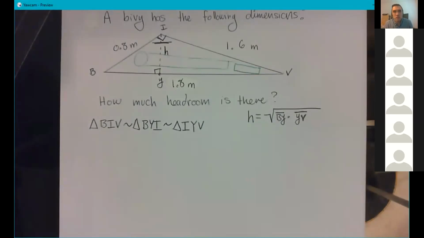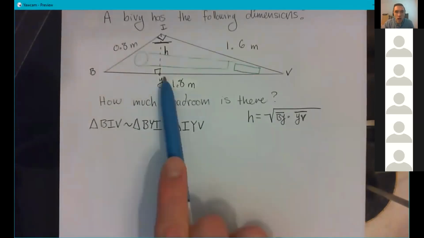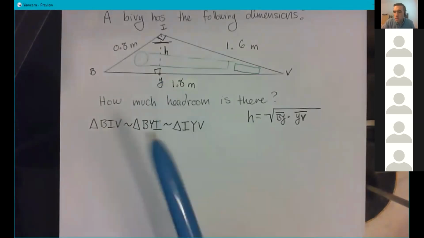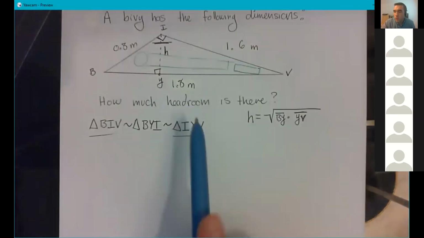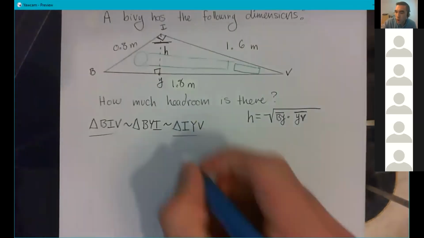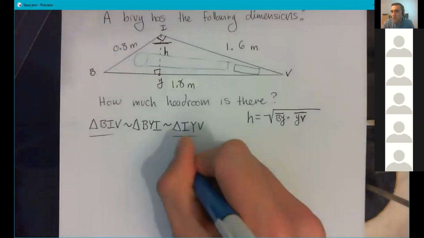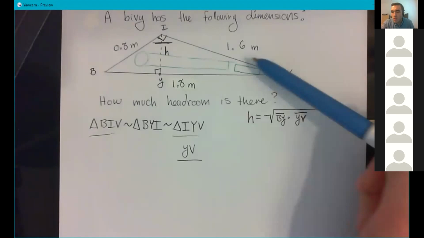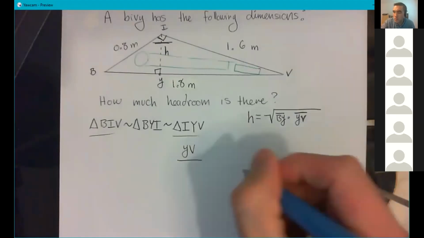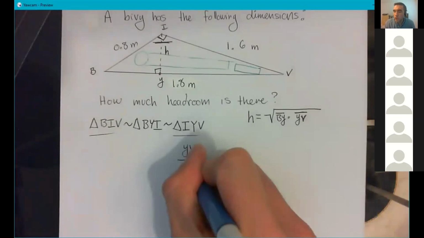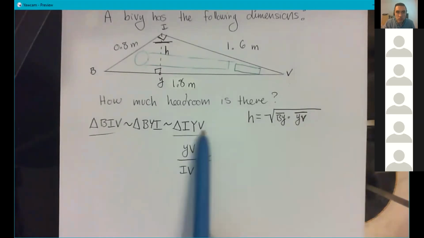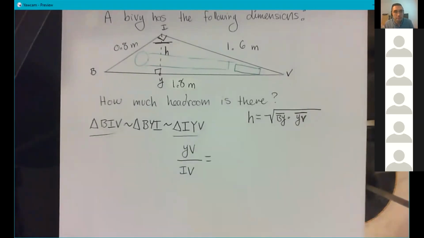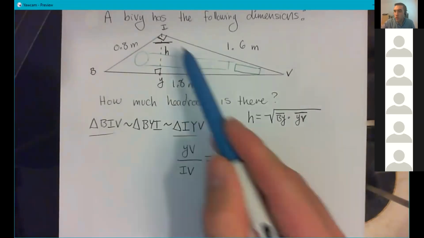Nonetheless, let's go ahead and set up a proportion to solve for YV. So I'm going to compare this triangle to the big triangle, because for the big triangle, we have every single side length. So for the medium-sized triangle, YV is what I want. So YV divided by IV, and I'm going to use IV because that's a number I have, that's 1.6, has to be proportional to what? And for this, we can just rely on the letters. So YV is the last 2 letters. So what's that for the big triangle? IV, which is 1.6,